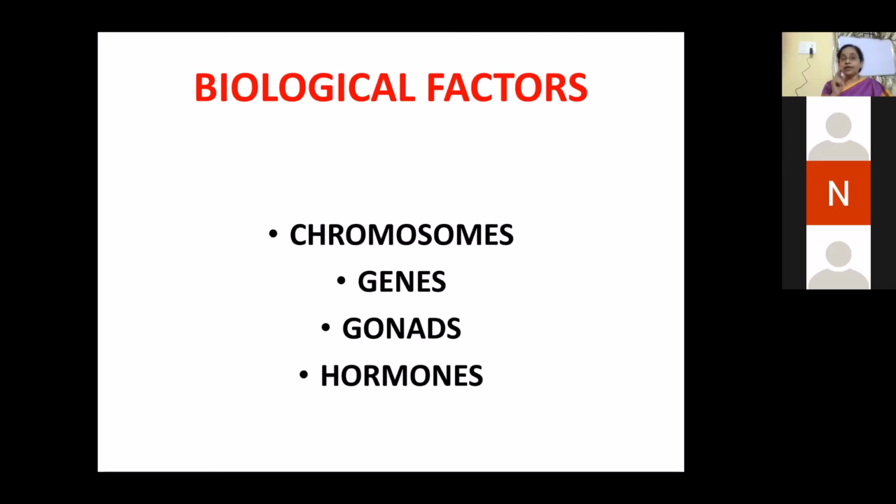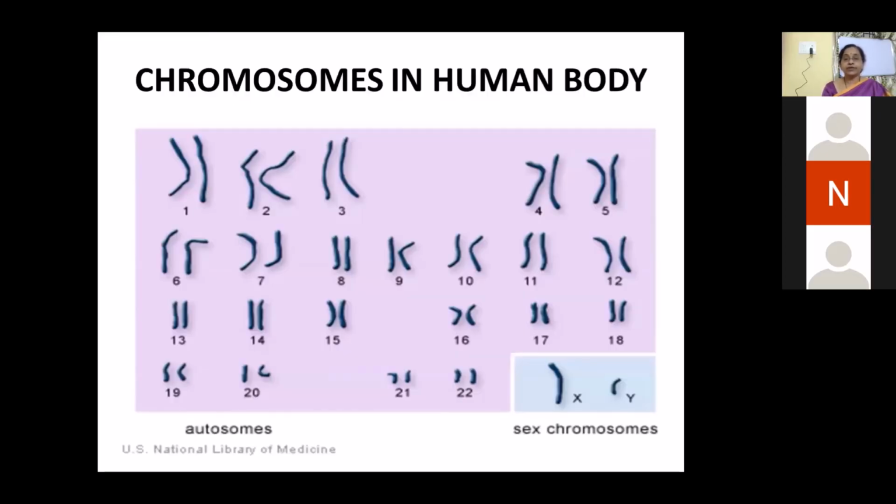I told you, we think about only two particular genders, male and female, but there are nearly 60 definitions for these gender identities. They are available on the internet. We can look at it. So these are the biological factors we are going to talk about, students,